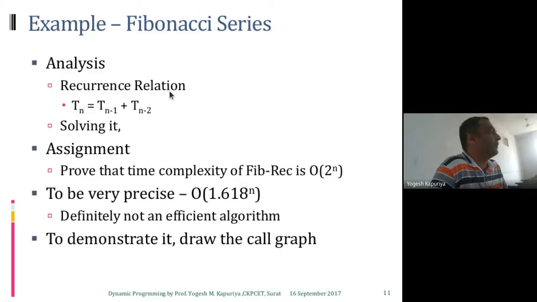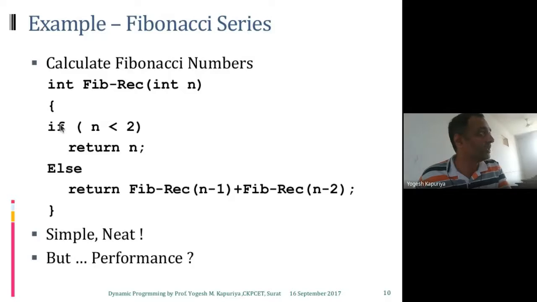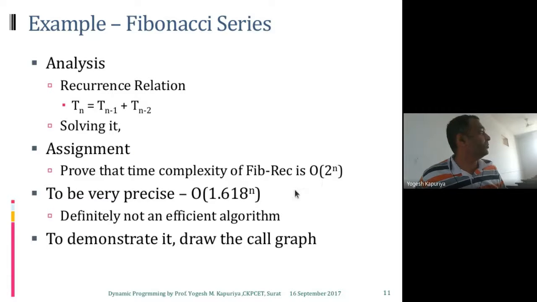Then you have 4 different methods. One is called the substitution method. Then you have the iterative method, then the recursion tree method, and then the master method. So these are the 4 methods. Any of these methods can be applied, and then you can find the solution to this. That will give you the time complexity. If you solve this equation, we actually get the time complexity as 2 raised to n. What is the time complexity for the recursive approach of this algorithm? It's big O of 2 raised to n.